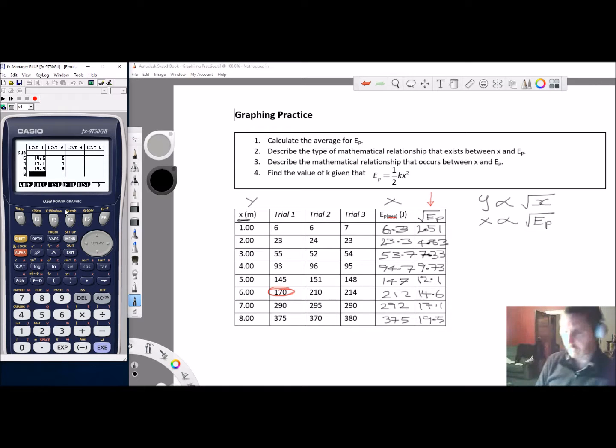Now if I identified the first graph correctly, and it was indeed y is proportional to the square root of x relationship,